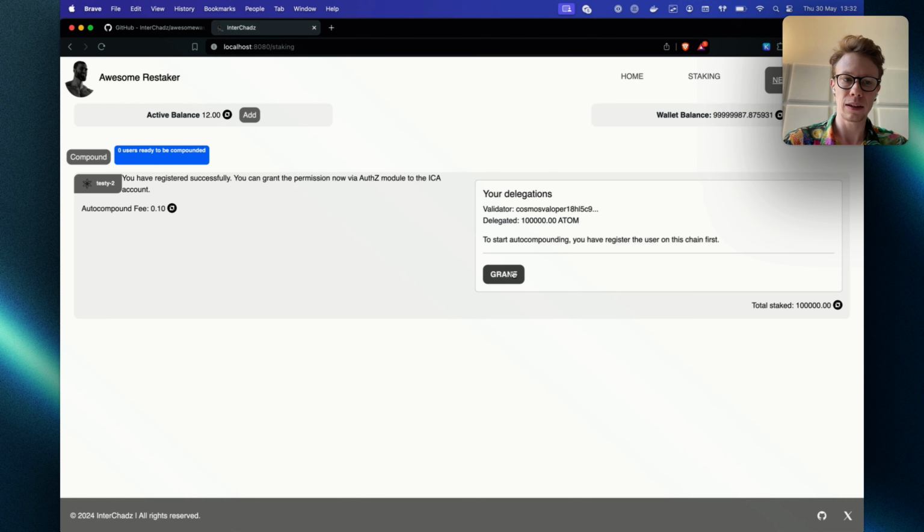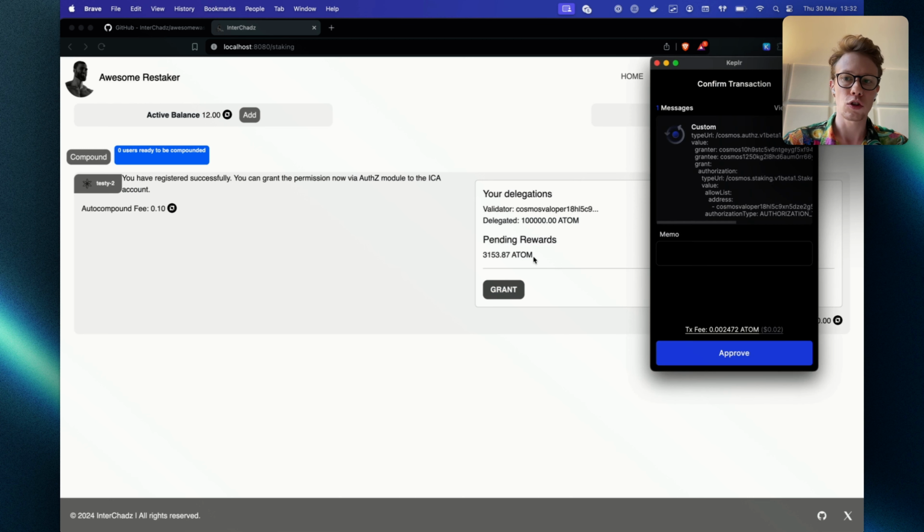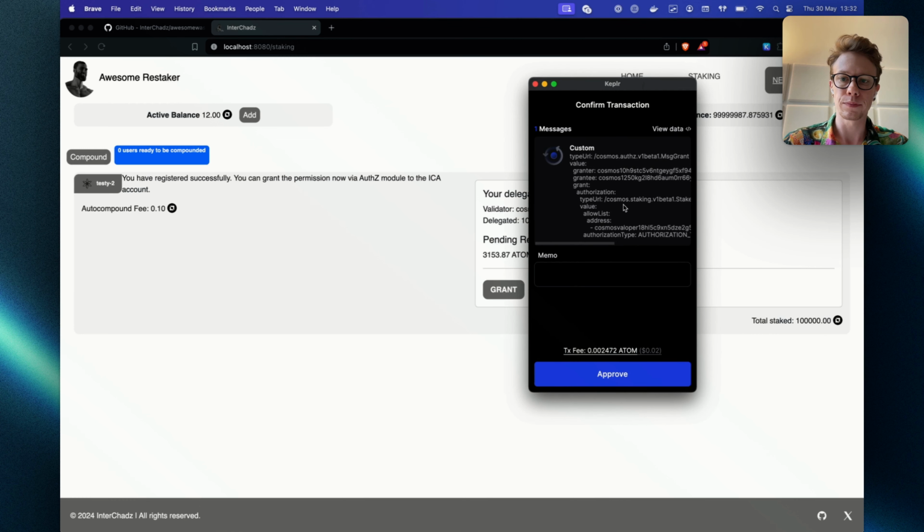And then the next thing we need to do, so that will happen for all the chains. You can do one transaction for that, but for each chain, you also need to do an auth transaction to actually grant permissions. So when I click grant here, I actually grant the interchain account, so this one, the ICA account that is owned by the contract, access to do a stake authorization, delegate on my behalf.